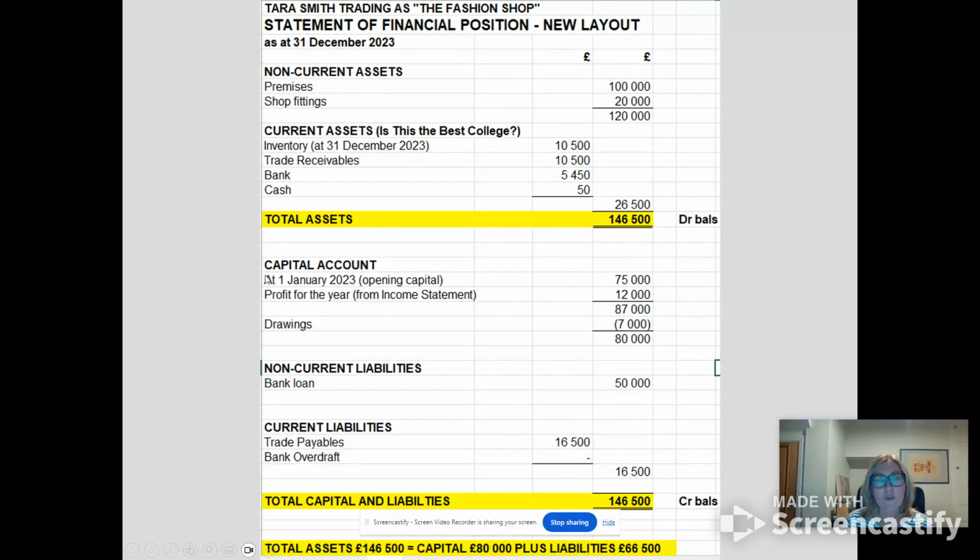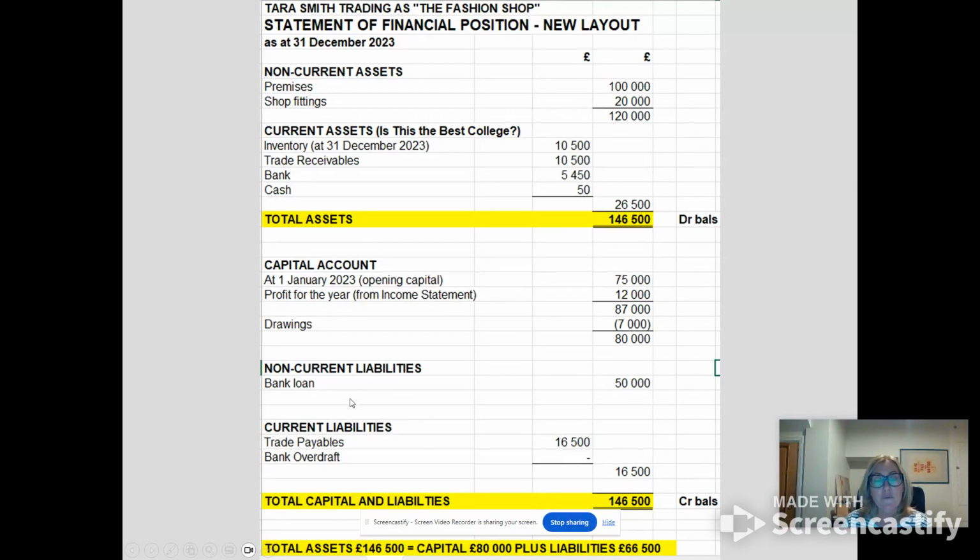146,500. So we start with the opening capital. So this is at the beginning of the year, and in Tara's case she had opening capital of 75,000. We've already done the income statement, so we've worked out that she made a profit of £12,000 for the year, and then we're taking off her drawings, that's the money she's paid to herself, £7,000. So her closing capital is £80,000, and of course that will become opening capital at the start of her new